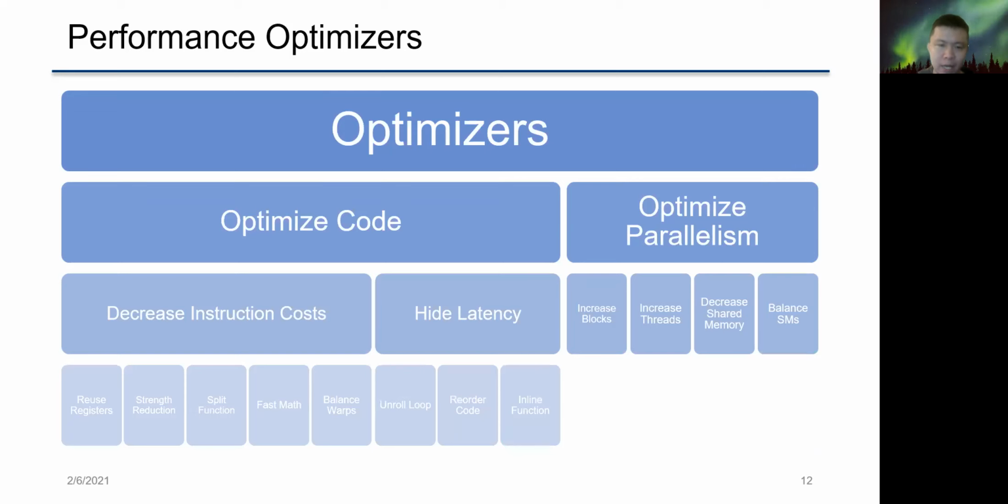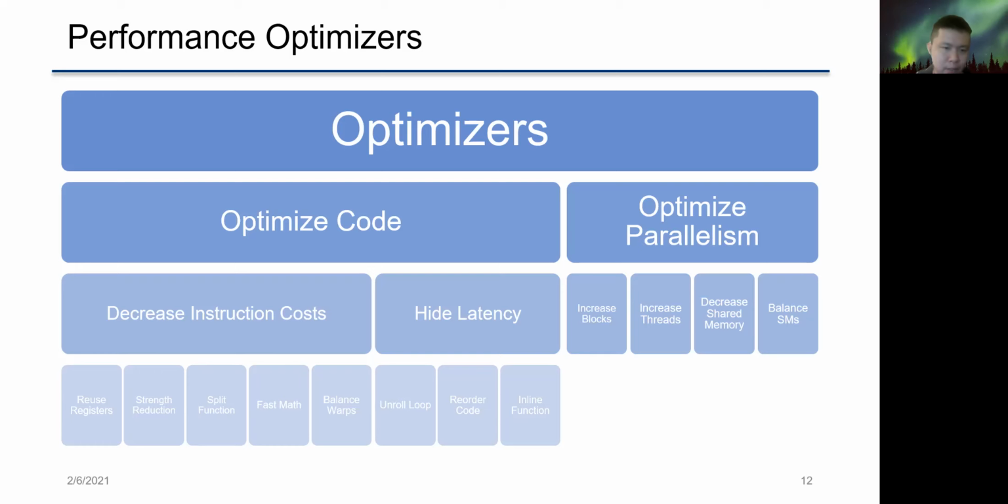In GPA, we have developed a bunch of performance optimizers. On a high level, we can divide the performance optimizers into code optimization and parallelism optimization. Parallelism optimizations adjust the thread distribution on the GPU to increase performance. Code optimizations suggest modifying the code to improve performance. We can further classify